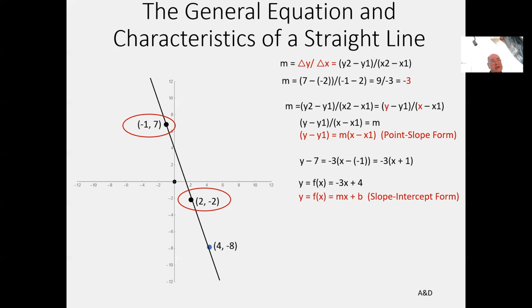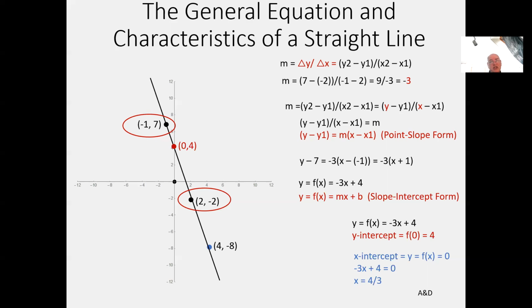Isn't that the place when x is 0? If you calculate f of 0, you'll get minus 3 times 0 plus 4. You will get 4. Okay? So 4 is, in fact, the place where the line crosses the y-axis, when x is 0, at 4. So that's why it's called the slope-intercept form, because what's visible in the form is the slope and the y-intercept. Speaking of intercepts, we might as well go ahead and get the x-intercept, which we're interested in for our Newton's